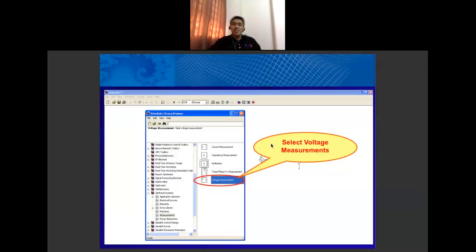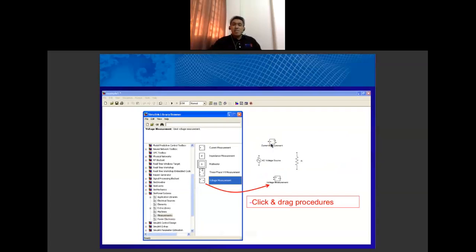Then select voltage measurement and perform click and drag to copy the voltage measurement from the Simulink Library Browser to the Simulink window. So now in the Simulink window, we have the AC voltage source, current measurement, resistor, and voltage measurement.